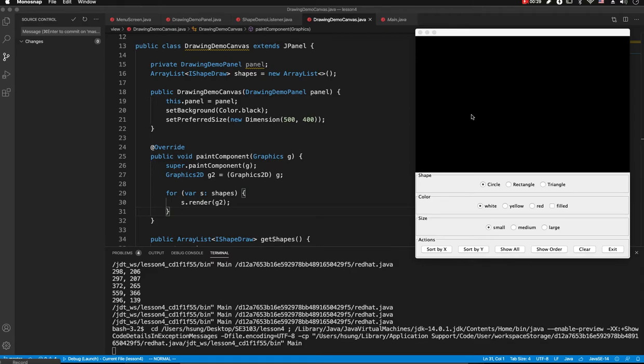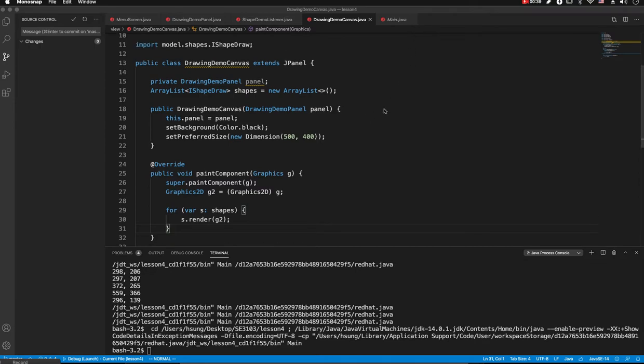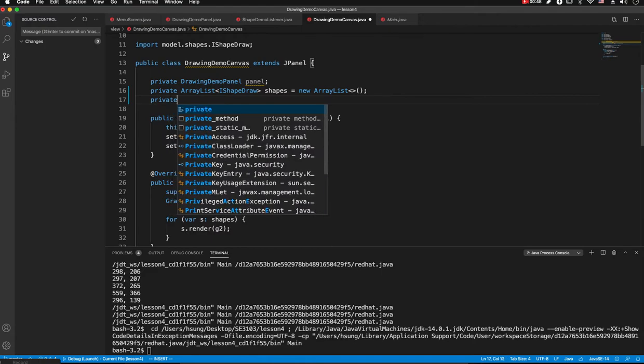So we are going to display through the range specified by show order, and show order will increment the range by 1. To do so, we need to handle the display on the canvas. So first of all, let's declare this one as a private. We forgot to do so. Private int